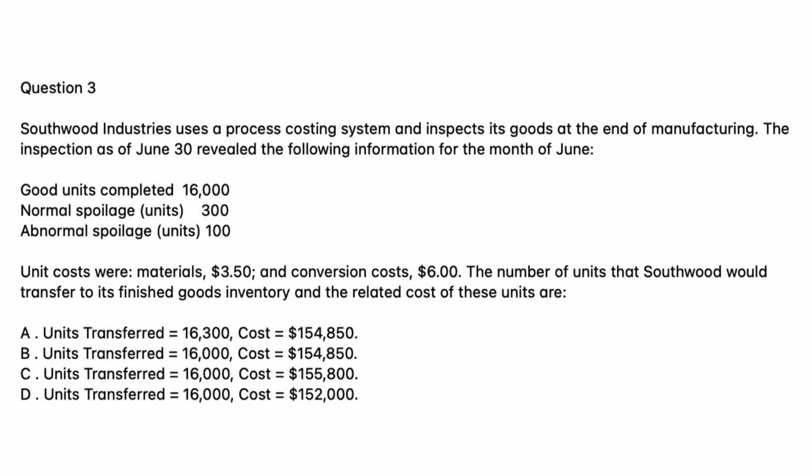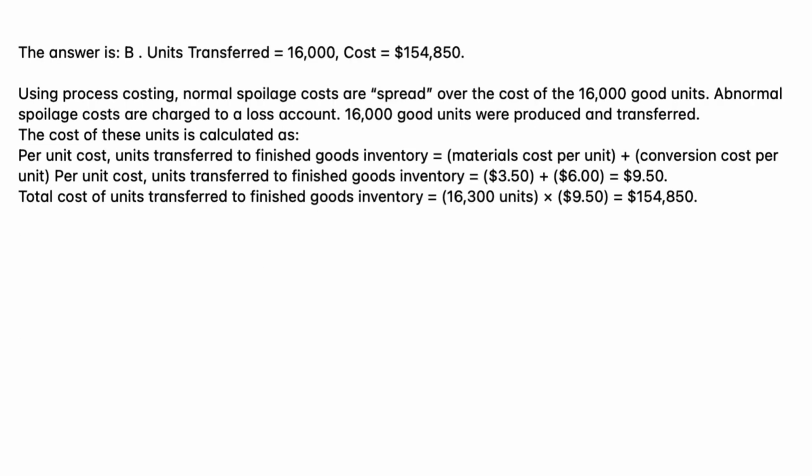A. Units transferred equals 16,300, cost equals $154,850. B. Units transferred equals 16,000, cost equals $154,850. C. Units transferred equals 16,000, cost equals $155,800. D. Units transferred equals 16,000, cost equals $152,000. The answer is B. Units transferred equals 16,000, cost equals